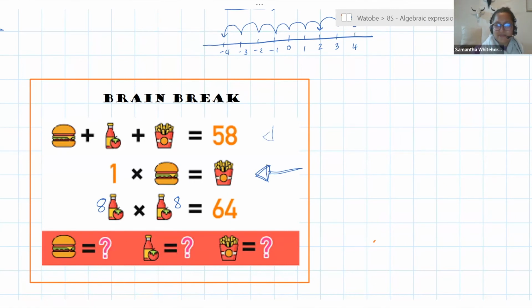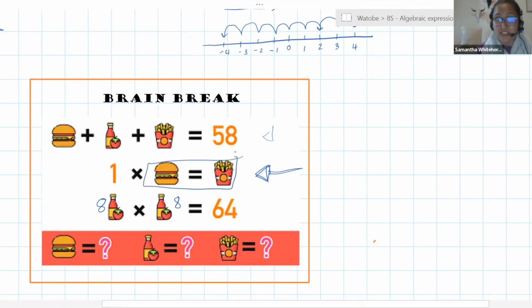The reason why I say I got 25 was because if it's obviously 1, it's going to stay the same answer. So it's basically the same answer for both, for the burger and the chips. Yes, excellent. Well done. So exactly that. If 1 times a burger is equal to fries, we know that 1 times anything doesn't change the value. 1 times 10 is still 10. 1 times a million is still a million. So the burger and the fries are actually exactly the same, which means that in this first expression, those are